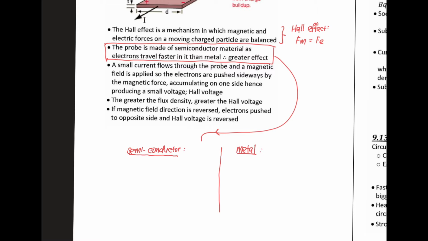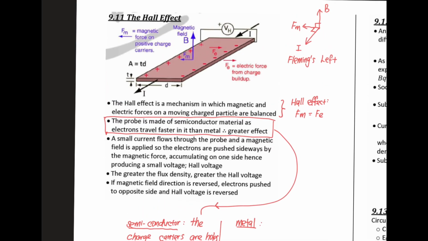If you are using semiconductor as the probe, then you have to know that the charge carriers are holes. So what are holes? Holes are positive charge. That means positive charge is moving in the semiconductor. Holes are moving in a semiconductor. So that's why when we look at our picture here,